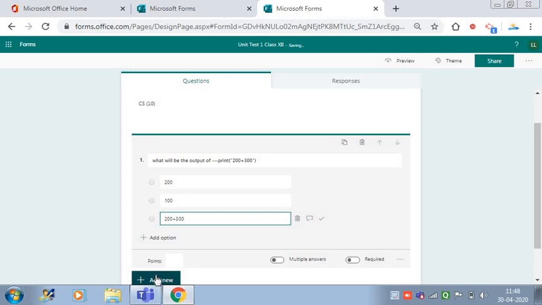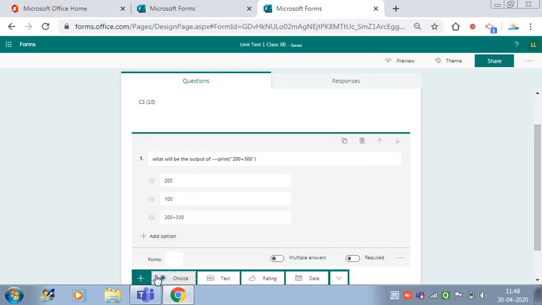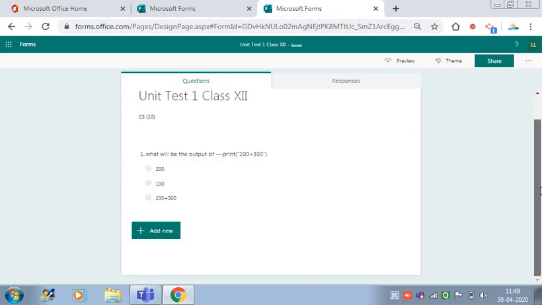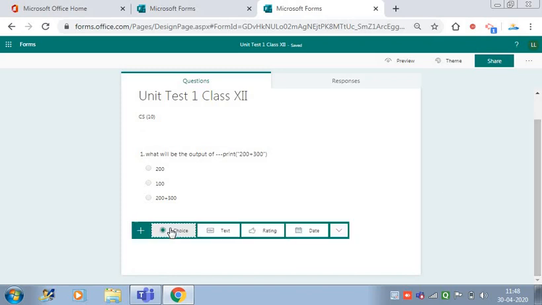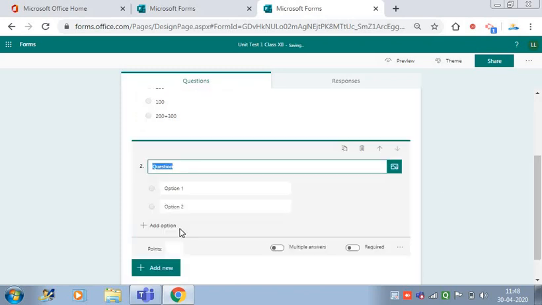And then click on new to add a new question. Again you can choose the type of question you want. I am taking multiple choice again, and this time I am writing the question: which of the following is a valid identifier in Python?